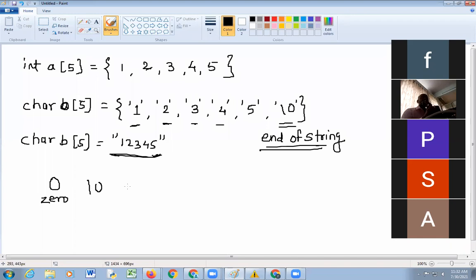Okay, one more question: what is the difference between 0, \0 and null? \0 is the end of string, I agree. Then what is the difference between 0 and \0, or 0 and null?